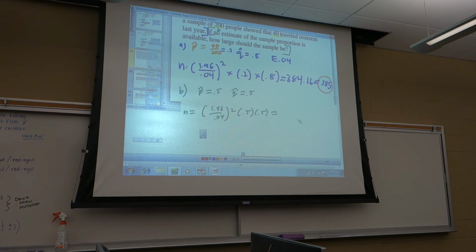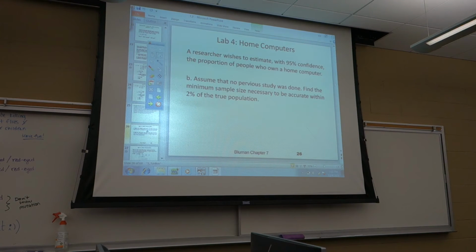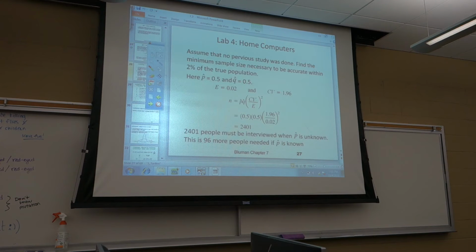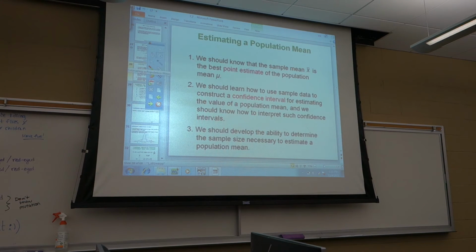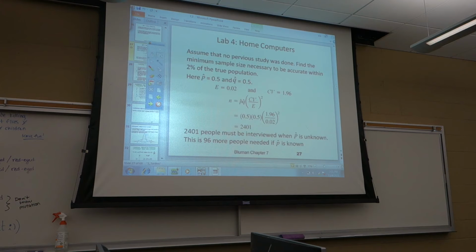And people got what for that one? 600.25. So how many people do you need? 601. Great. Okay. Good. We finished that one already, so we're good with that. In case you were at home and you didn't do that part,